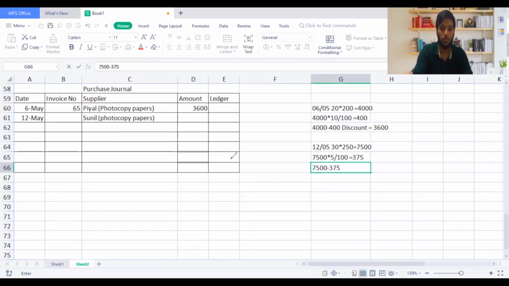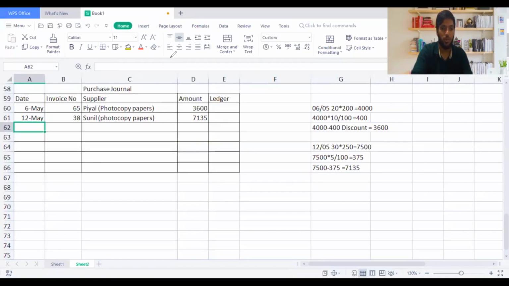When we deduct 375, we'll get 7,135. So I'll record it under amount 7,135. That's how easy that adjustment is. Then, moving on to the next part, I forgot to write the invoice number, which is 38. So I'm going to write 38 here, and then I'm going to move on to the next part of the sum.